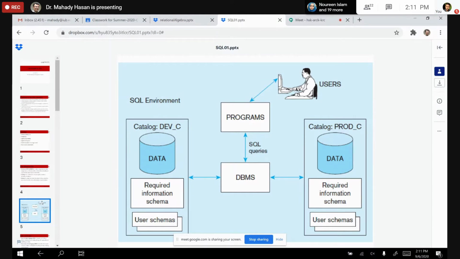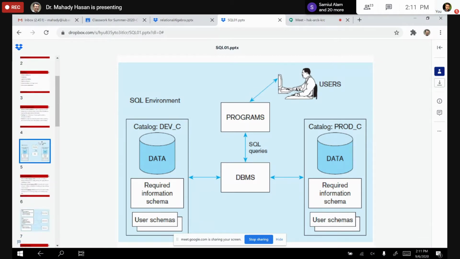For the users. Later the programs are given to the users, and the users execute those programs and use those SQLs to retrieve the related data they require. Sometimes they alter that data as well.